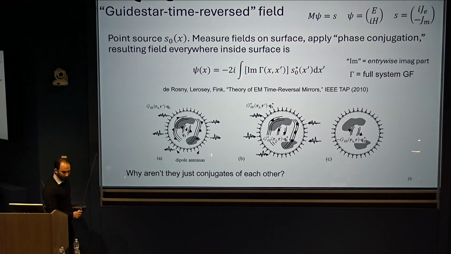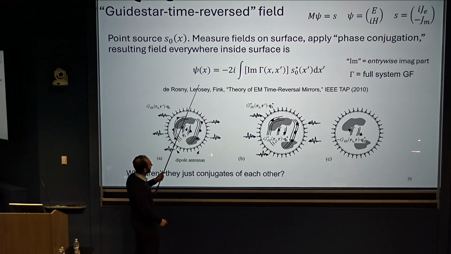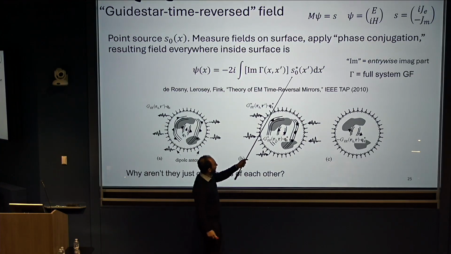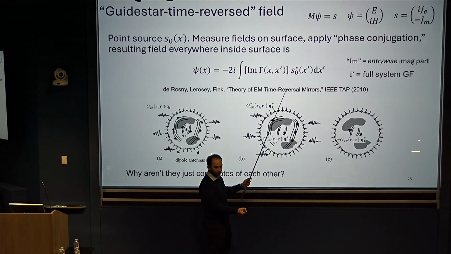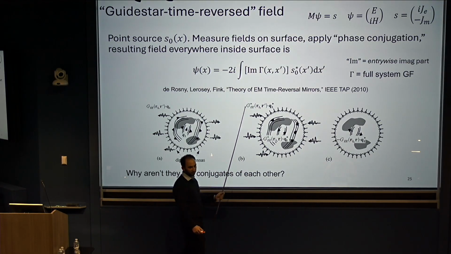So let me give you the answer, and then I'll back up and explain it. There is a beautiful result. This might be my favorite result in the entire field, which says if I put a little source S_0 in a complex medium, I let it radiate outwards, and then I take the time reverse phase conjugate fields and send them back inwards, the field that is produced inside my medium, psi, is a convolution of the conjugate of that original source with the Green's function of my system, but not just the Green's function, only the imaginary part of the Green's function of my system.